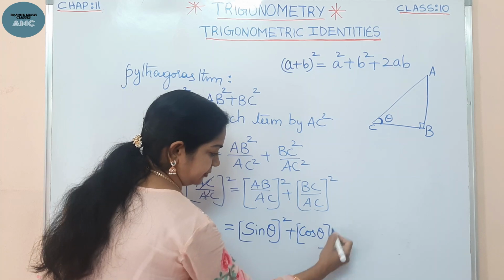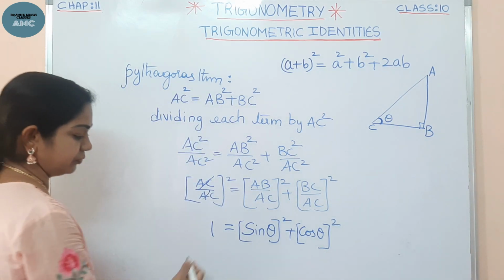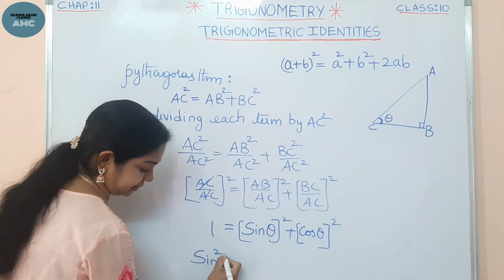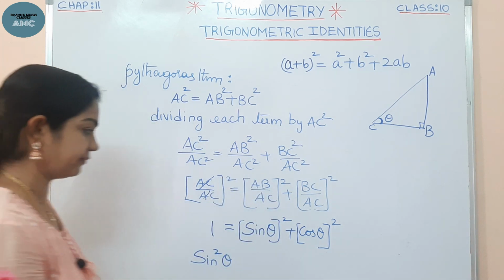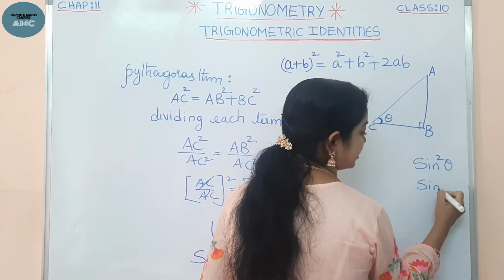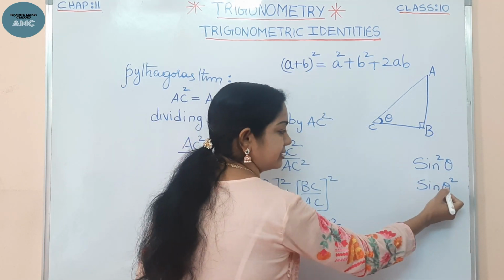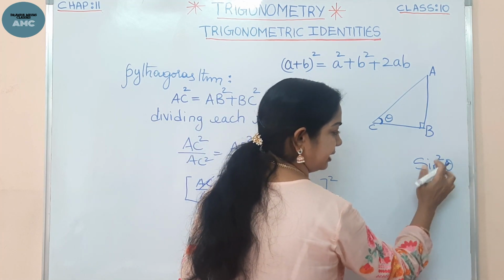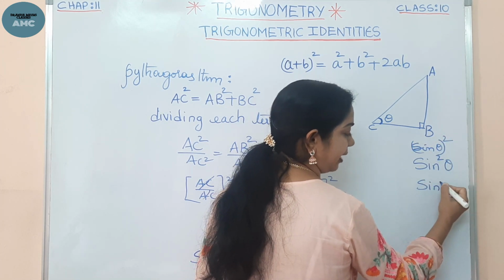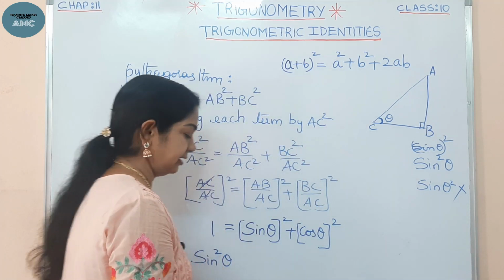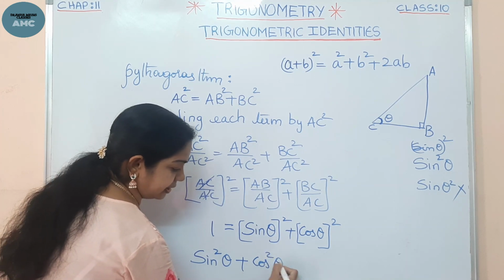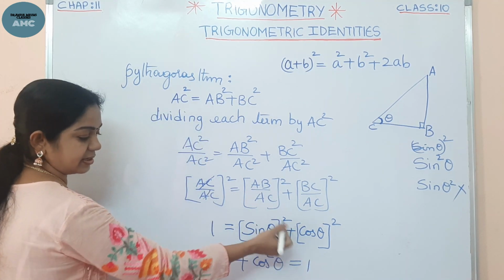Okay. Right. Now, here what we do, I'll write this to this side and this to the other side. So, sine theta whole square, we have to write it as sine square theta. We shouldn't write it as sine theta square, okay? Theta square means for the angle it will be squared. So, sine theta whole square means sine square theta. Okay, so here sine square theta plus the same thing here cos square theta is equal to 1. I've changed this LHS to RHS, RHS to LHS.